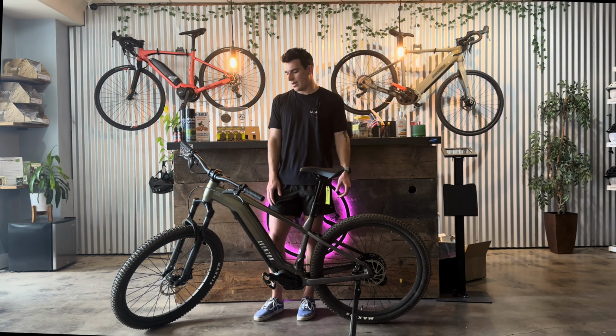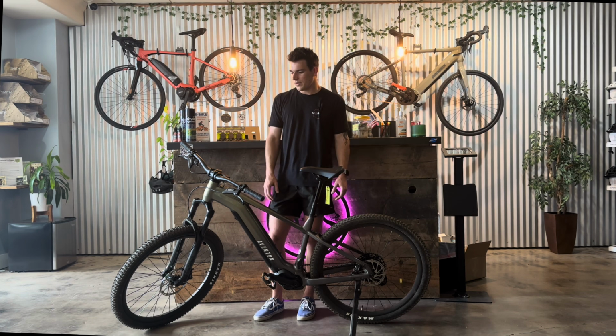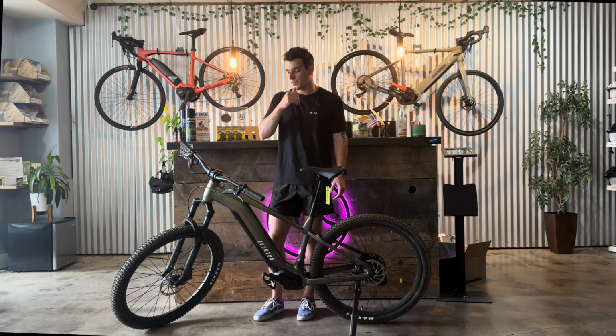So, if you like that, great, but I wish that there were a couple more levels between the three to kind of space it out a little bit, but, you know, to each his own. The other thing I noticed is that it doesn't matter what pedal assist level you're in,